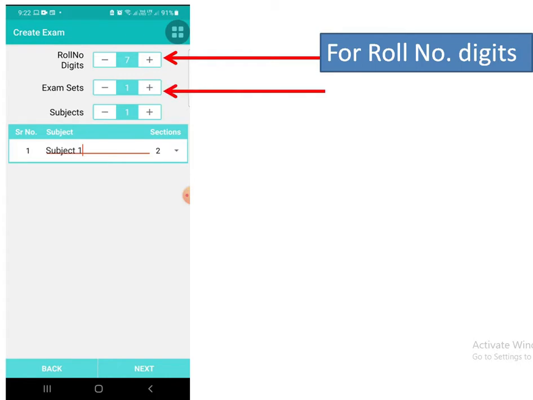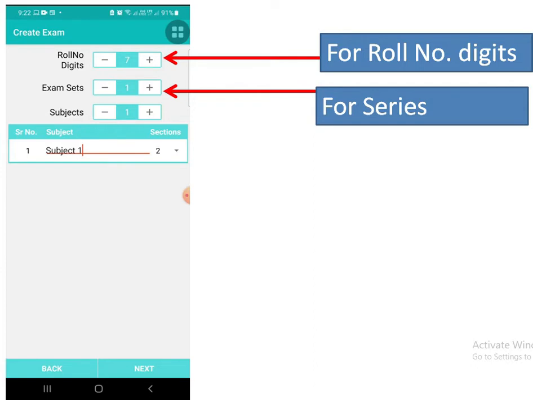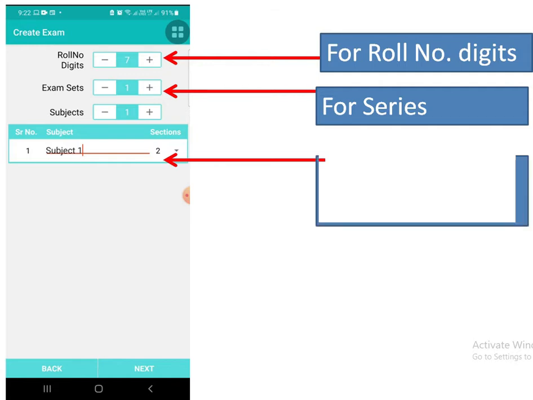Now the next tab is exam set. This means if you want to give series A, series B, series C in the MCQ question paper, then you can set your series from here by clicking on the plus or minus sign. Then after that there is a subject column. If you have more than one subject, then you can select the options,